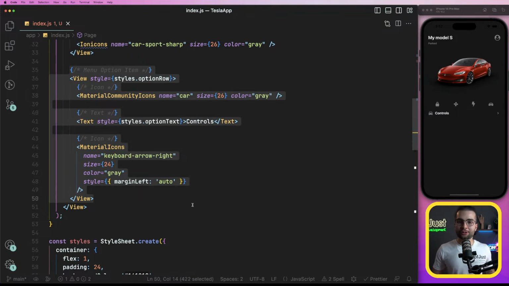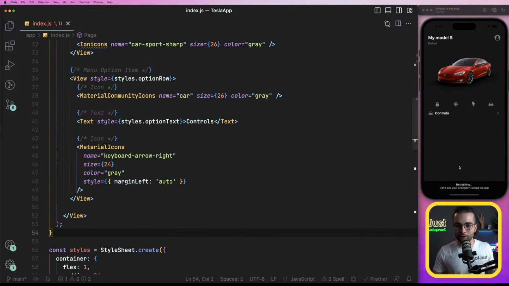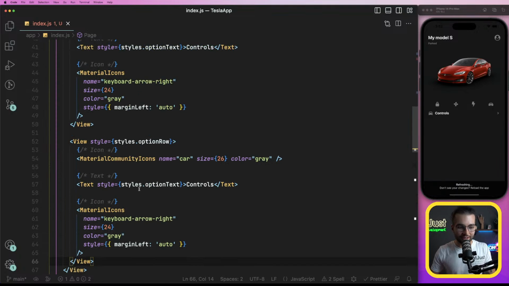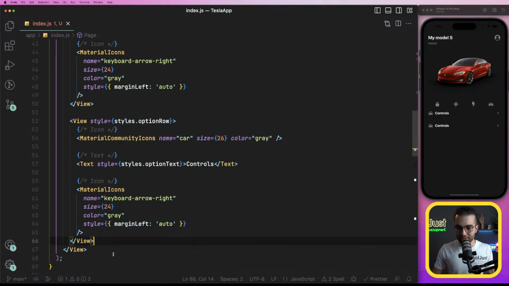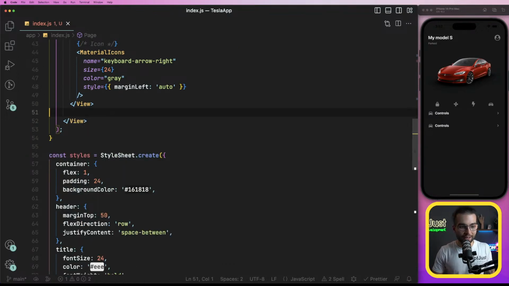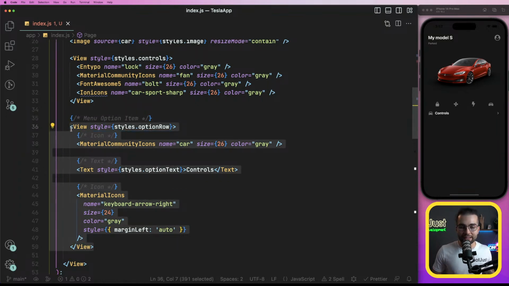But the idea was to render a list of options, not just one. So how would you render multiple options? Well, one way would be, yeah, like you would take this one, you'll put it here, you'll change the names. The problem with this approach is we are repeating a lot of code. We're gonna handle this issue in a moment. But another problem is that usually these kind of things, they are dynamic. Basically, we have